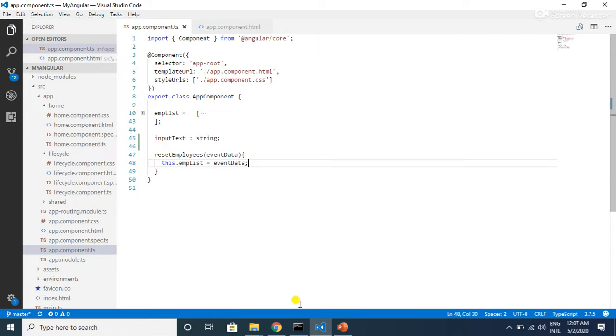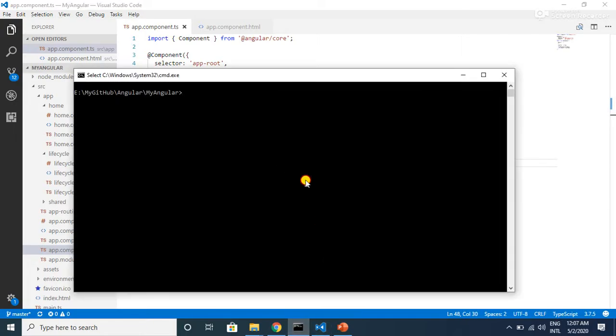So let's go to the command prompt, and as we want to create the component inside our app folder, we have to go inside of this app folder. So cd src and then cd app, and now to create the component in Angular CLI, the command is ng g c and then the component name, that is lifecycle.